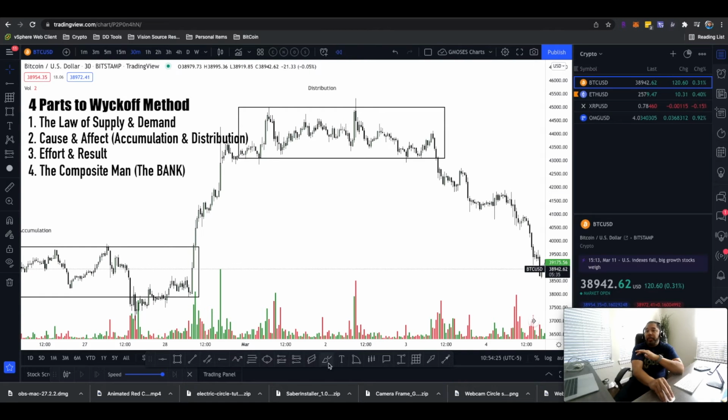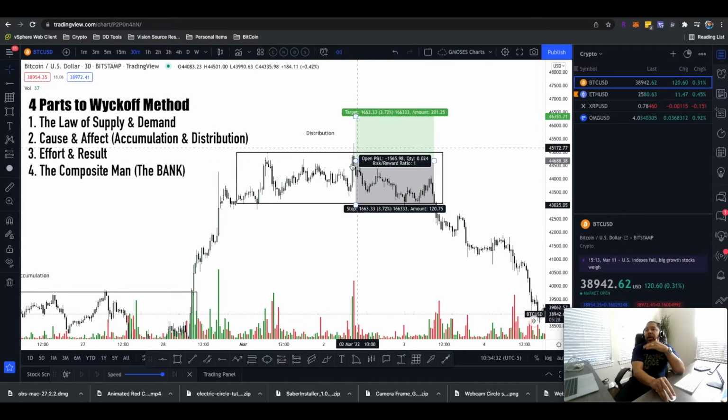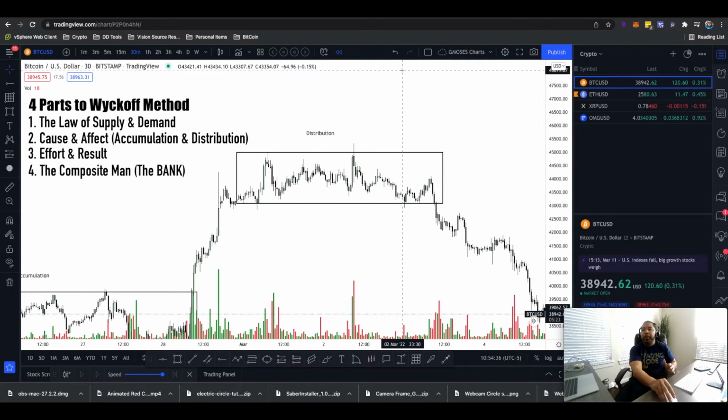I'm going to go ahead and get up in here. They take a buy position here, thinking that price is going to go up. Price comes up, smack back down. Or another way